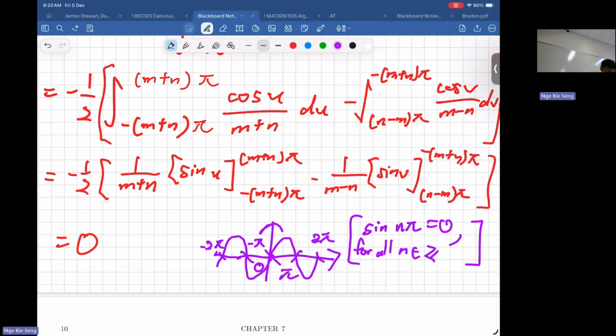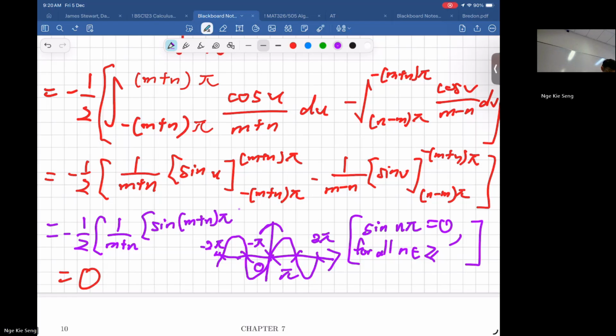Or should I write down the intermediate step here? So for example, you should get negative half of 1 over m plus n of sine m plus n pi minus sine of minus m plus n pi, and then you can write it down. Okay, so these two terms here become